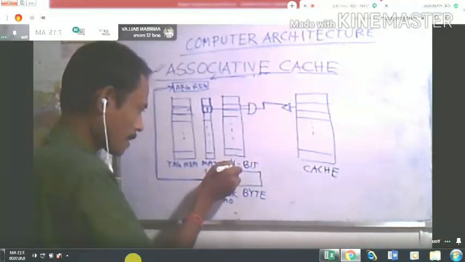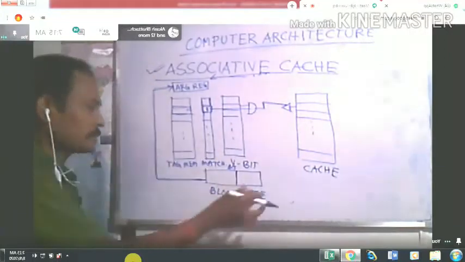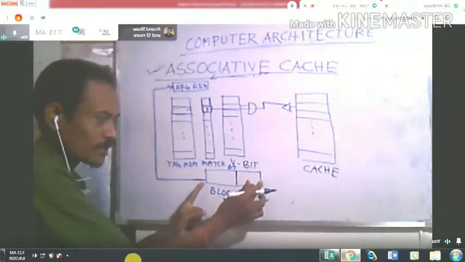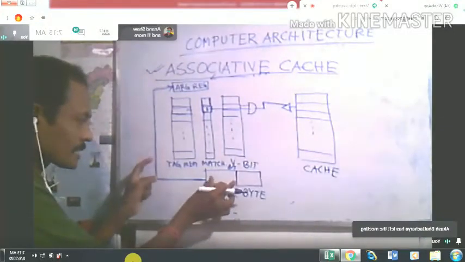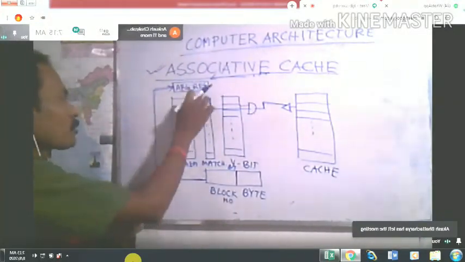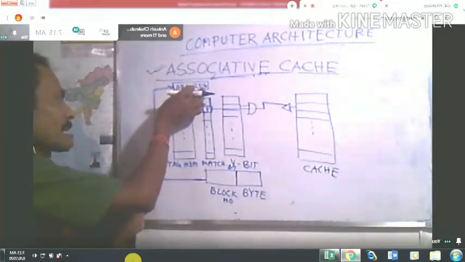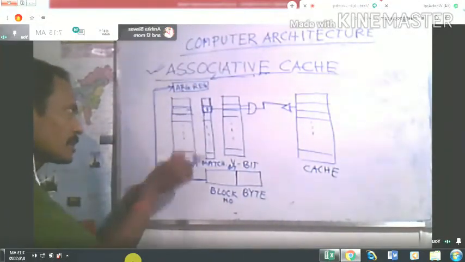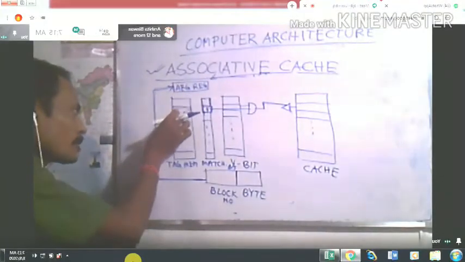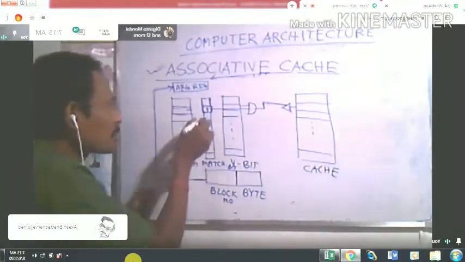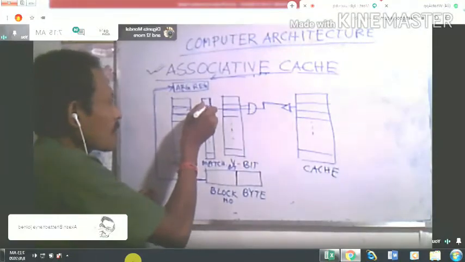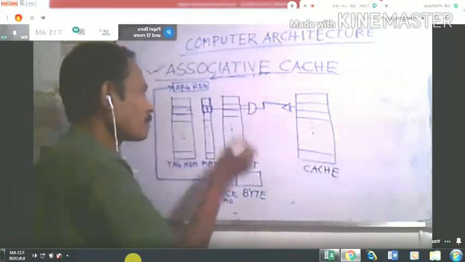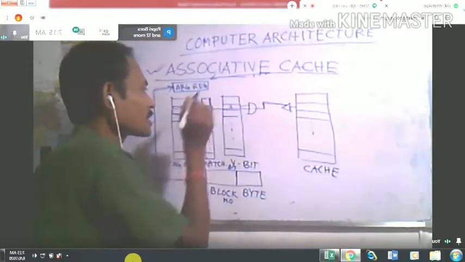Your machine will generate some address, and you will copy that block number into this argument register. This argument register value will be compared with all of this tag memory, and when it is matched, then that match bit will be positive. As well, you will check the valid bit. The valid bit also will be positive.